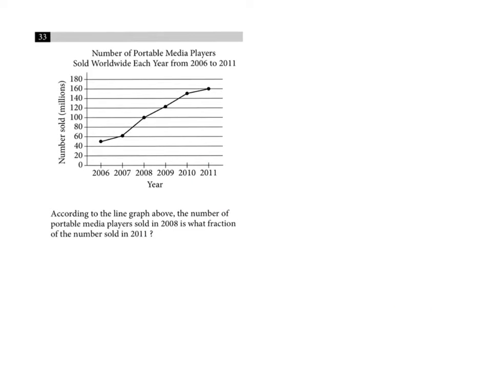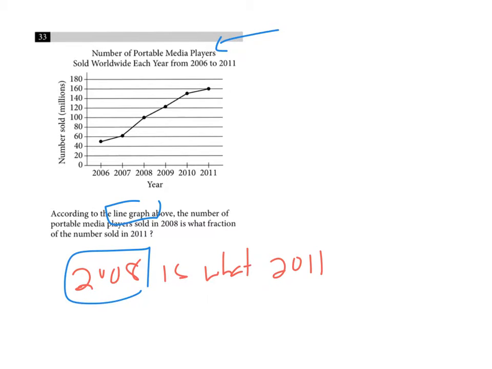In problem number 33, you're given a line graph which displays the number of portable media players sold worldwide each year from 2006 to 2011. The question says this. We're going to translate it verbatim. The number of portable media players sold in 2008 is what fraction of the number of media players sold in 2011? So if we translate this verbatim, per word, in 2008, there were 100